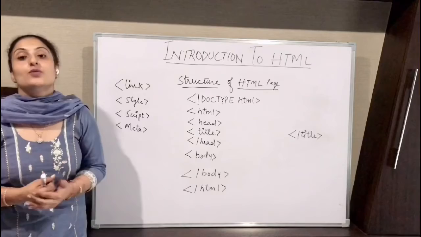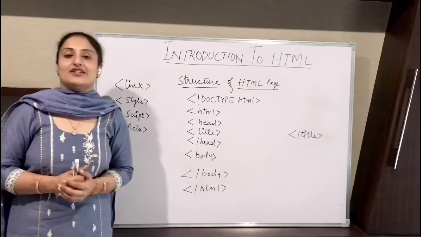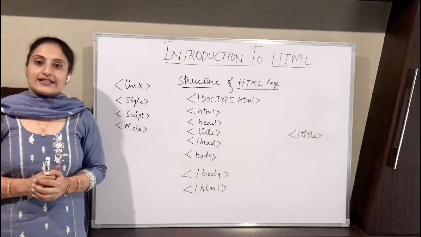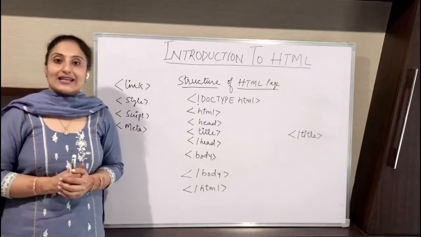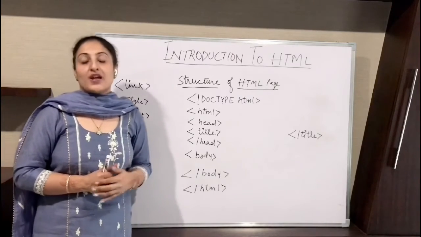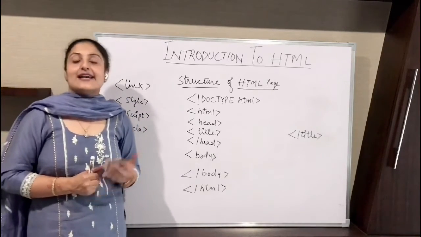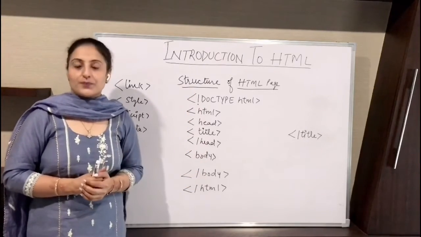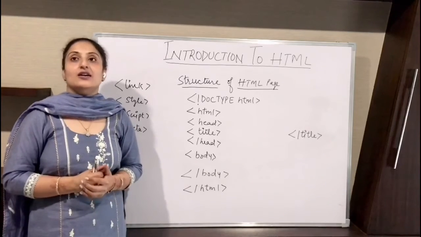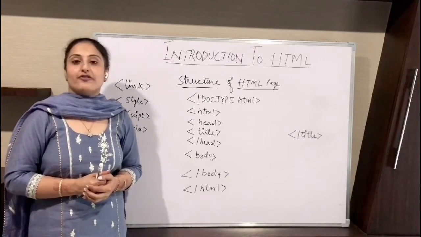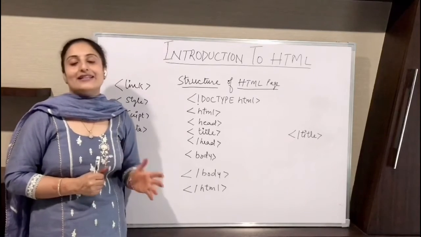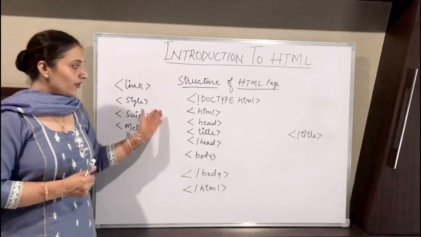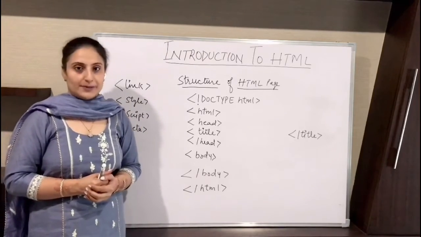But when you want to create a simple HTML page, you must have two things. That is, first is text editor and second is web browser. You can use any text editor. Text editors are used to write your code or to edit your code. Text editors can be Notepad, Notepad++, Front Page, Visual Studio Code, any type of editor you can use. And here for reference we are using Notepad only.